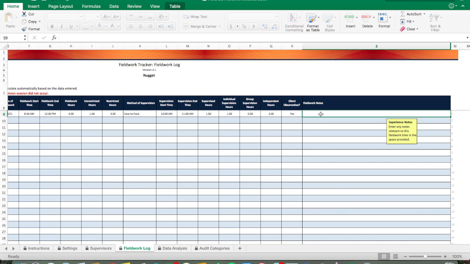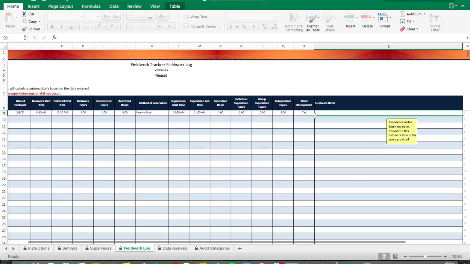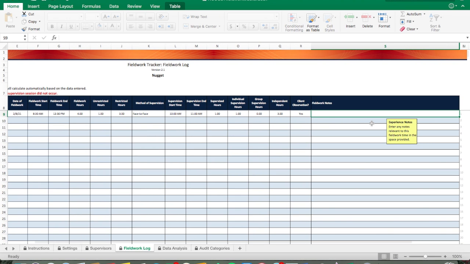On the BACB's website, they tell you that you can put things that you need to remember, things that are relevant to the time. Personally, I like to make an abbreviated list of the things that I did during my fieldwork time period. I like to make a little schedule throughout the day so that I can easily reference it if needed. So under here, I'm going to put the first thing we did in the day, from 8:30 to